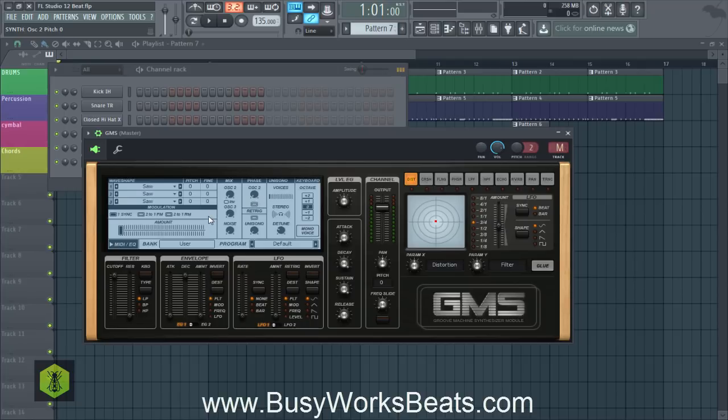Okay, so we're going to start off with what's called a sawtooth. Sawtooth is the most rich sound we can get when we create a pad. So to create a pad, all you have to do is just follow along. Just left click the voices. We're going to pull that up to about 8. After that, we're going to left click the stereo knob and pull that to about 80% or 0.8. And the detune knob, we're going to throw that around 40-ish or 30. So that's going to create a very wide sound.